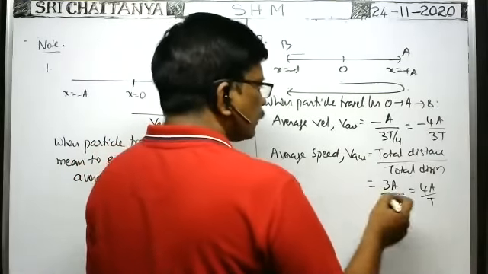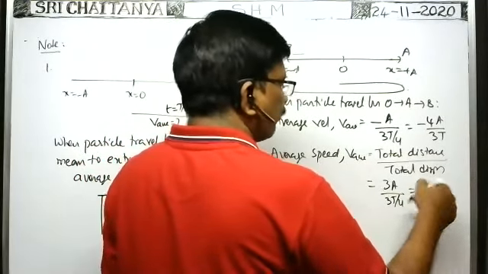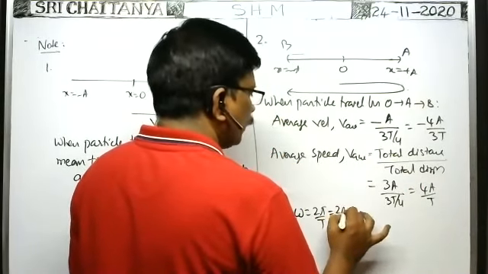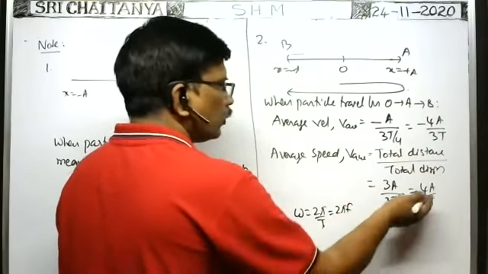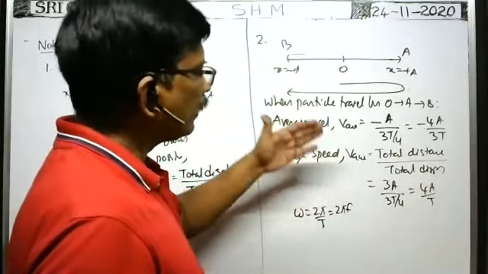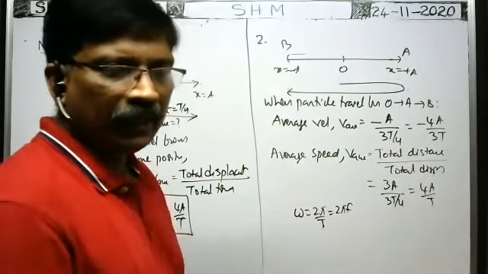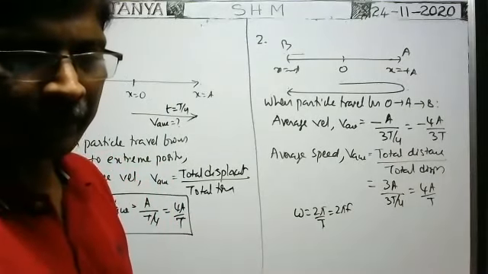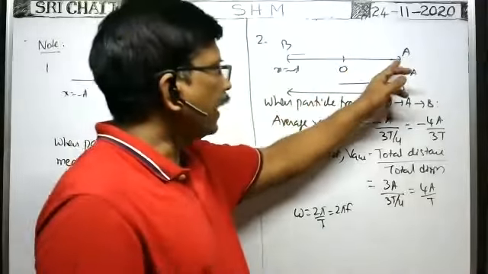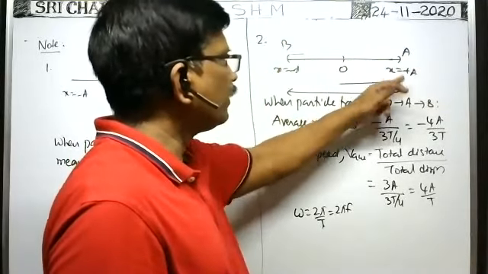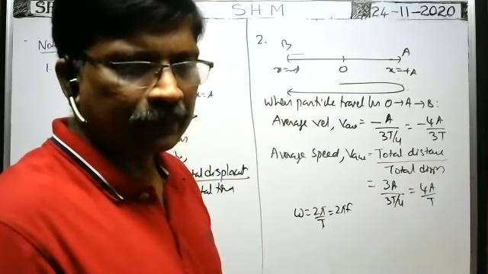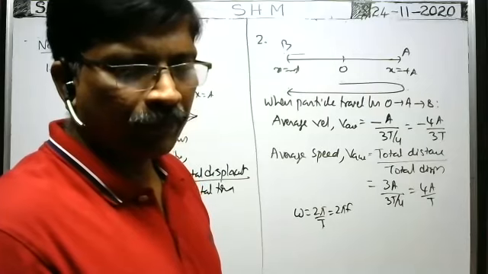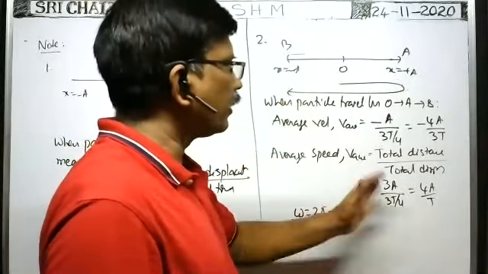Okay, here sometimes you are not given t, omega may be given, f may be given. So omega is equal to 2 pi by capital T. 2 pi into the reciprocal of the time period is the frequency. So you write in whichever terms the answer is given, in those terms we can change the answer. Okay, this is the way. How is it 3a? This is a, this is a, this is a. So totally 3a, no? Okay, it is 3a by 3t by 4.